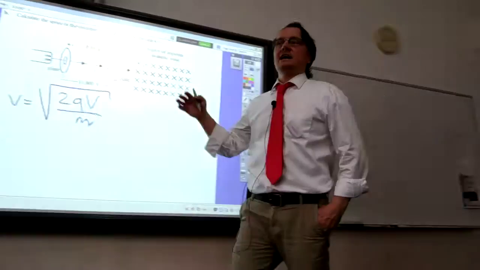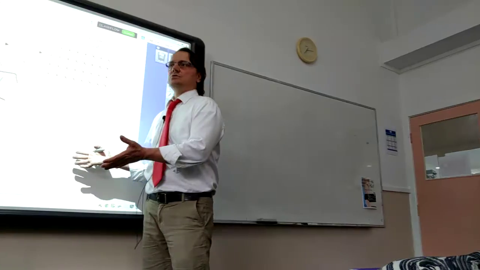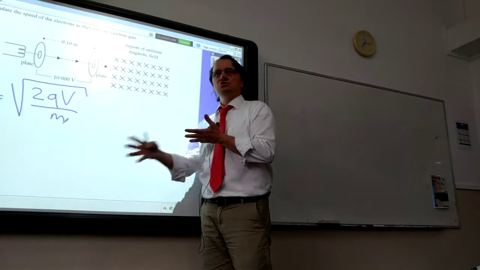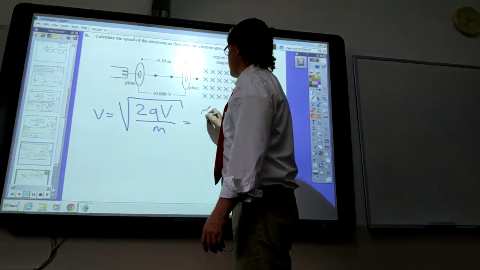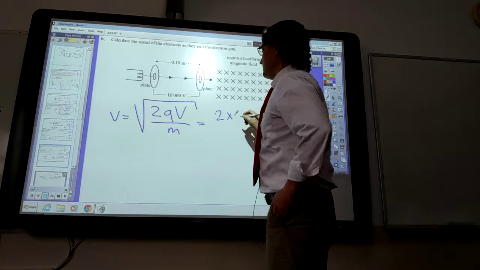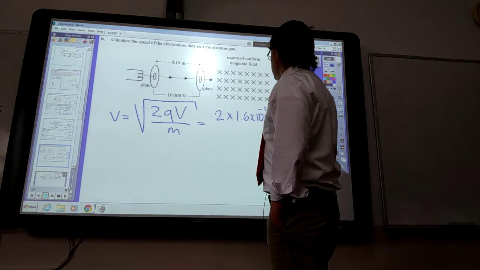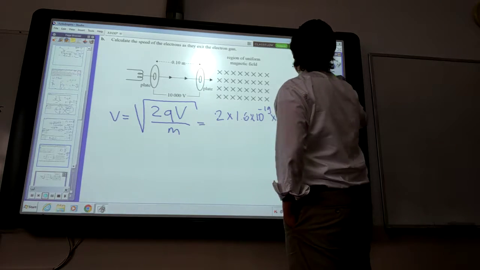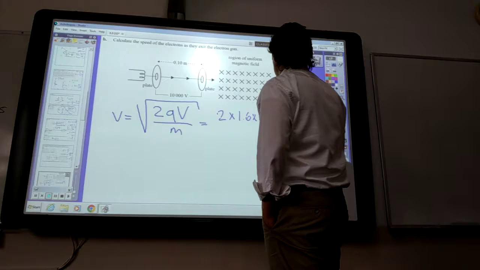Again, in this question, I can't use my shortcut method, because it's not a multiple choice, so I don't have choices to choose from. That's why I have to be very careful. 2 times 1.6 times 10 to the power minus 19 times